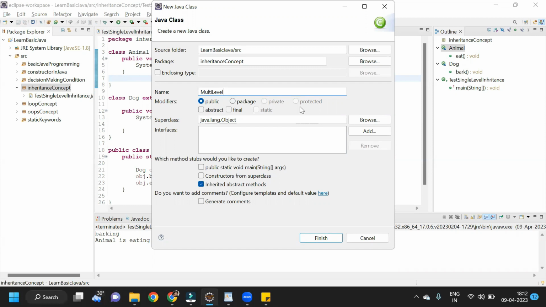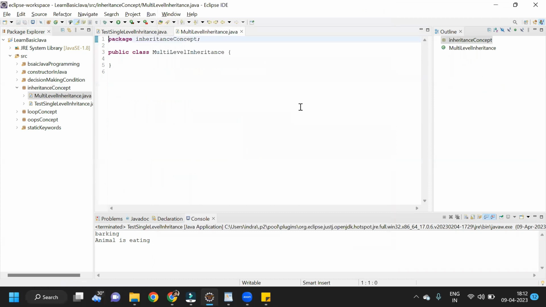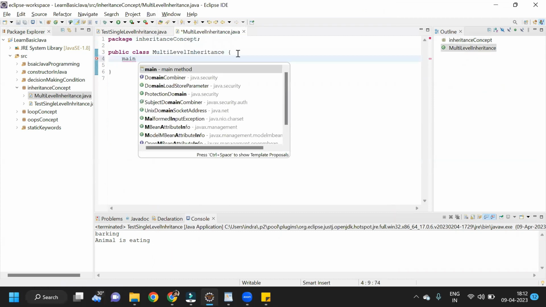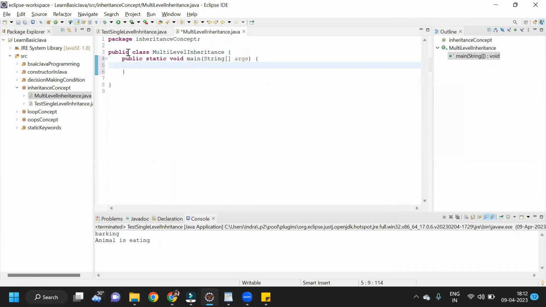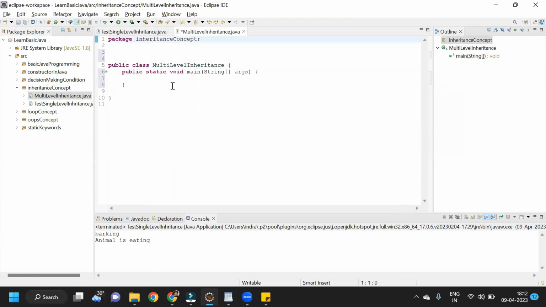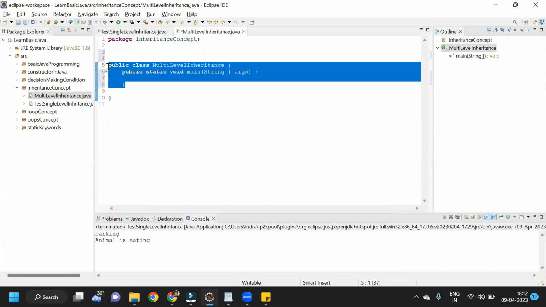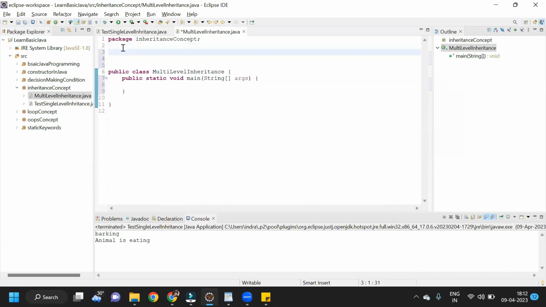Multi-level inheritance. Let me create a main method as well. And now I am going to create one class. This class is for the main method only. Now I am going to create a super class. Super class I will create with the name of